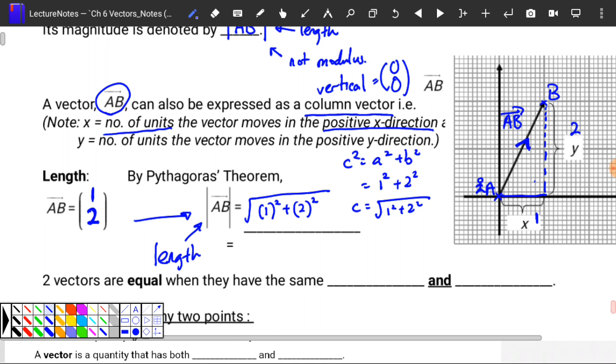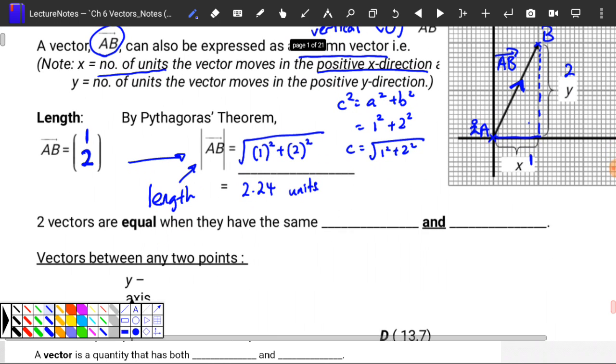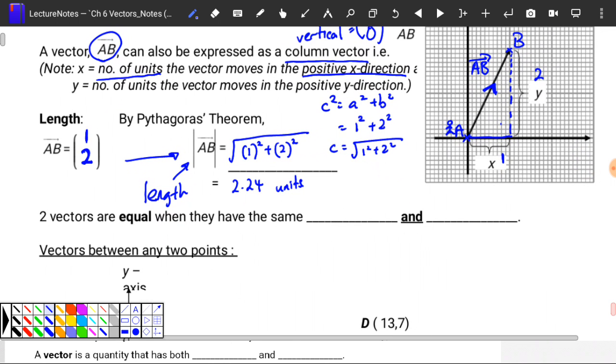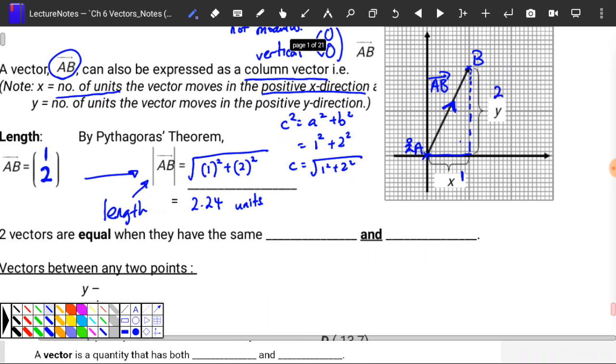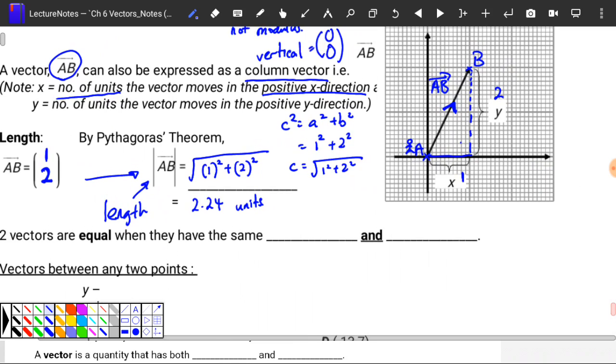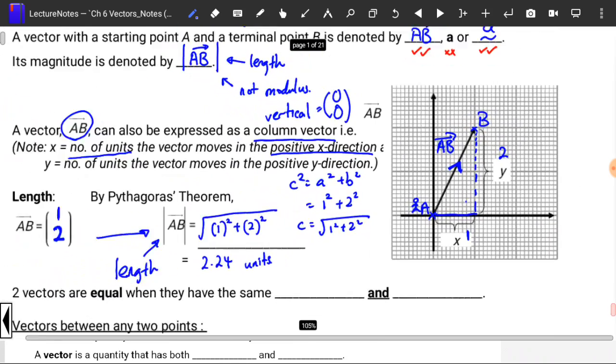What's the answer? 2.24. 1 more SF or 3 SF? Oh, that's fine. So this will be units. So far okay? Okay. Now, back on the diagram,